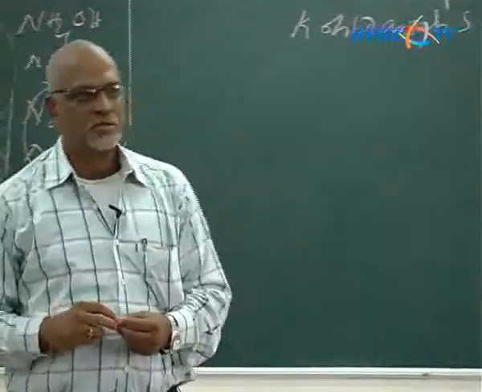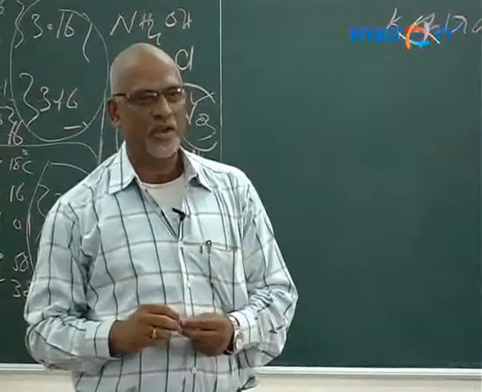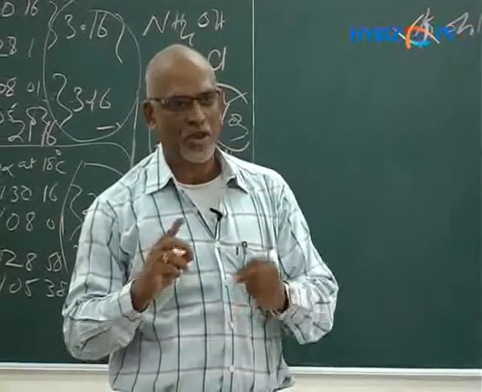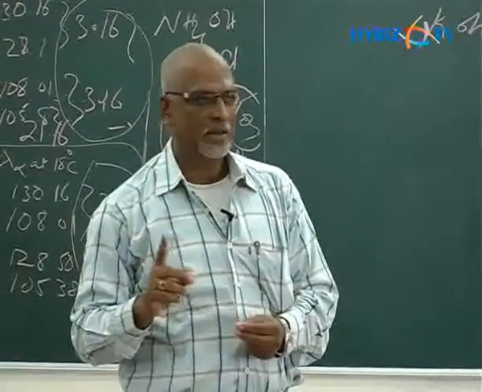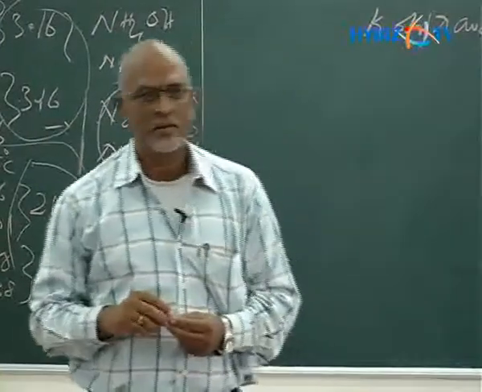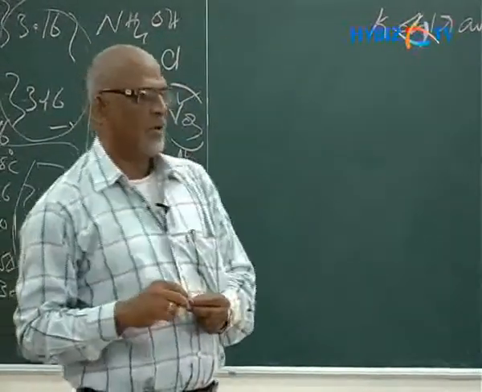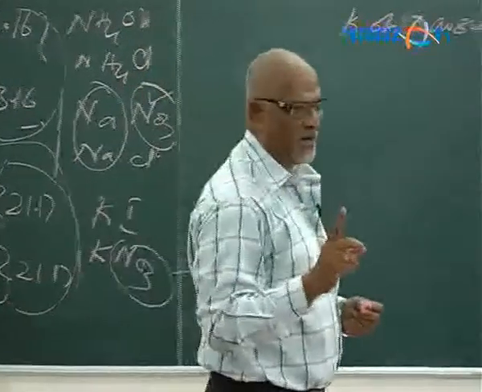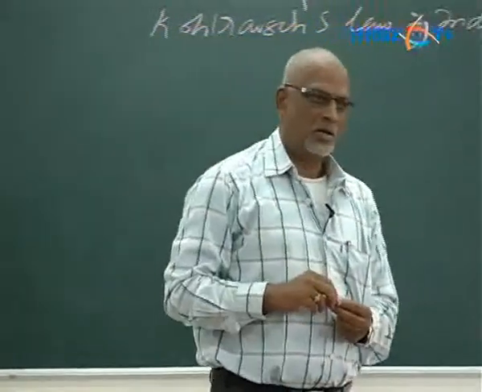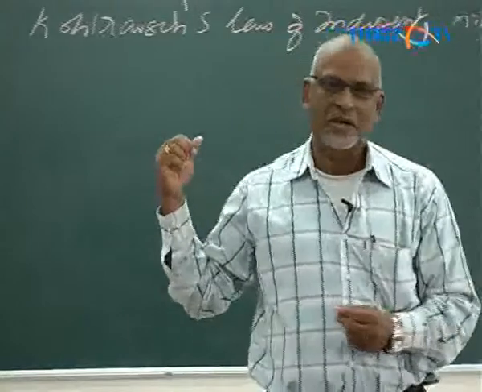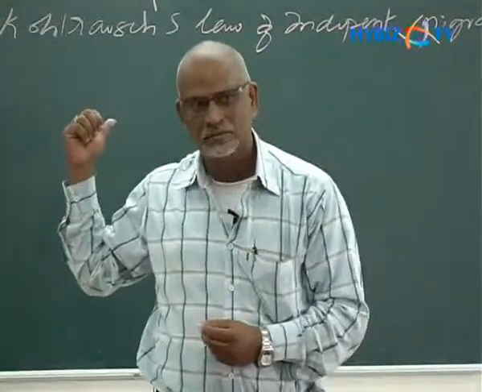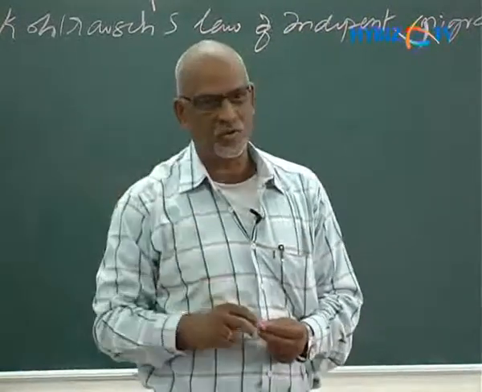When a strong electrolyte is dissolved in a solvent, it dissociates completely and the ions are fully separated, the ions being the anions and cations. Whereas in weak electrolytes, the dissociation is incomplete or partial. Now, in what way does it affect the conductivity? That's what Kohlrausch's law explains to you.